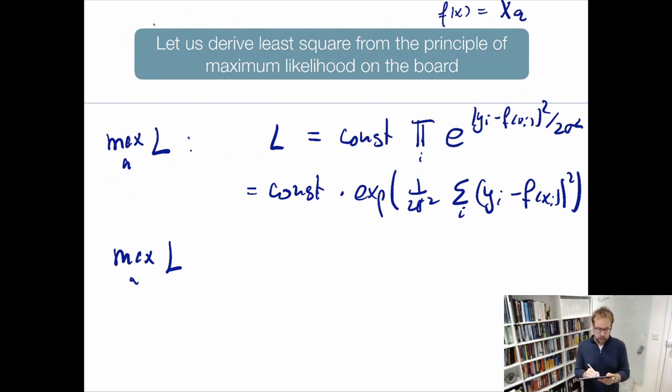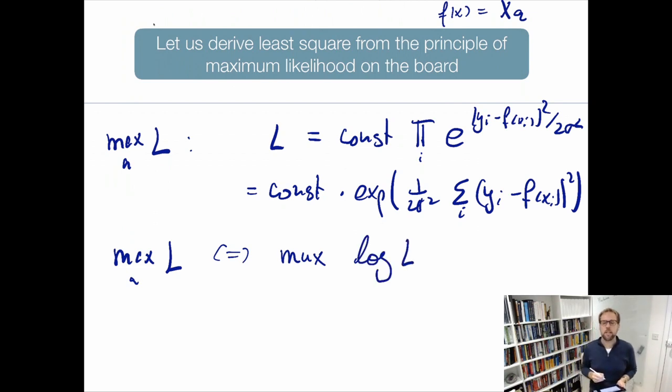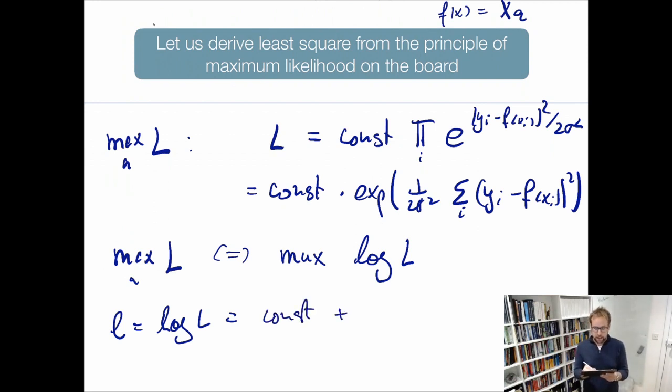So this is equivalent to maximizing the logarithm of L, which is something much easier to work with. So if I take the logarithm of this expression above, the log likelihood, which is sometimes called little l, which is the logarithm of L, is the logarithm of some constant, which is yet another constant, which I don't really care about, plus